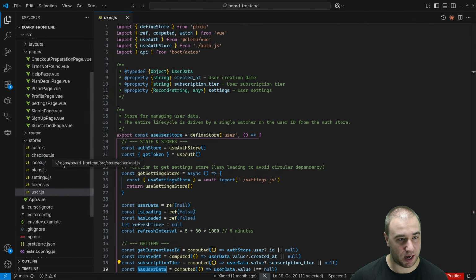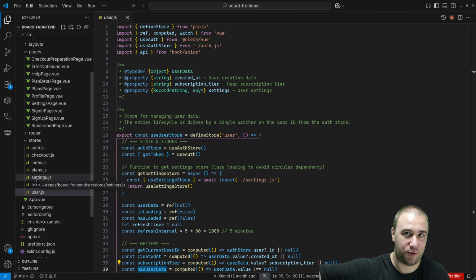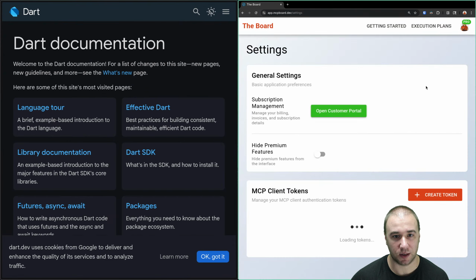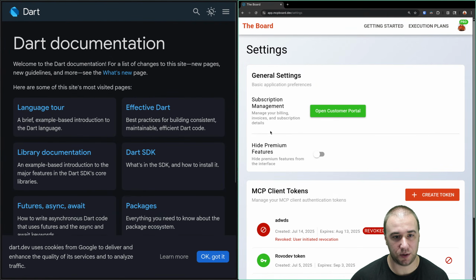Then on top of that, you have some other things like getting tokens for all the communication with the backend, because you need to prove that you are actually the correct user. Settings for, again, fetching data from the server about user settings, and then using it not only when displaying the settings screen, right? If I would go to a settings screen, suddenly you have all this stuff here. This is disgusting, but yeah,